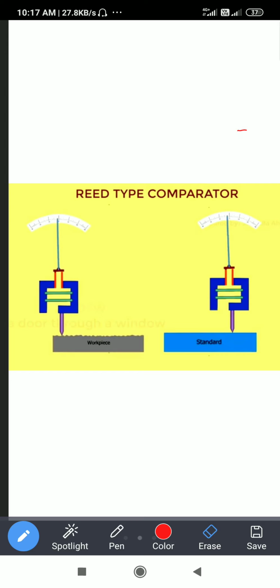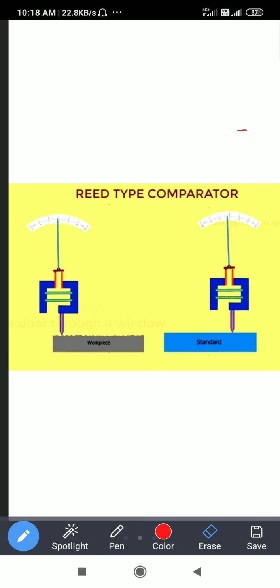within this range. During the comparison the workpiece should move from 0 to 20, then within this limit the surface of the workpiece is okay. If it passes beyond the 20, plus 20 or minus 20, then the workpiece is rejected, it is not used, it is removed from the selected workpieces. Like this way the comparators work.